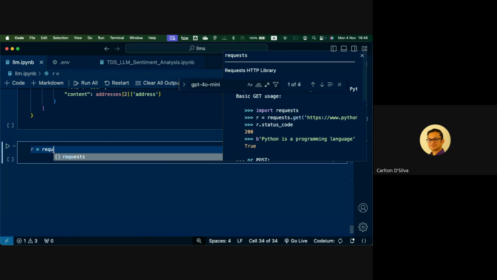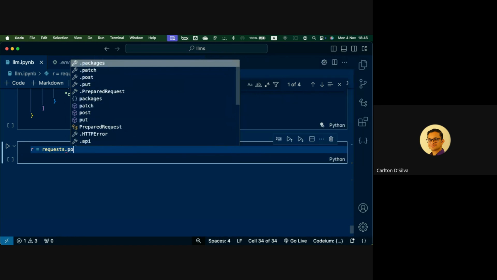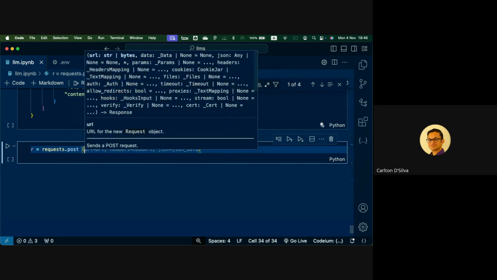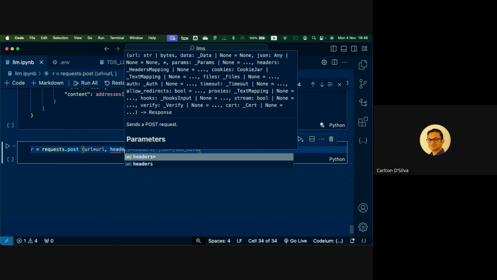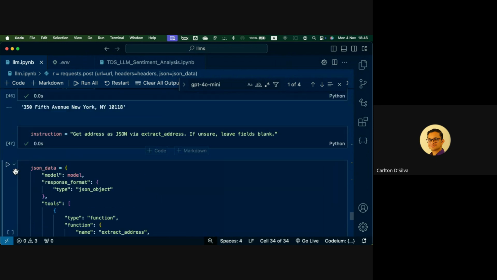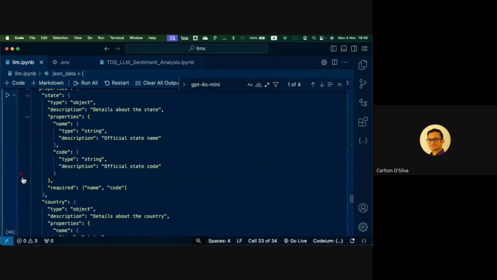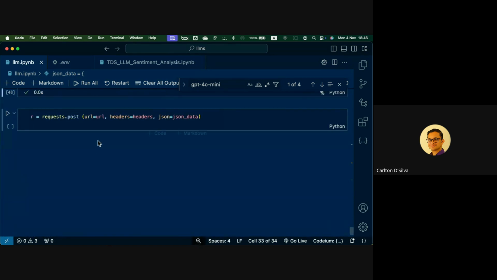And now we go to the moment of truth. Post. So this time it's a post request, like with our sentiment. I hope headers and URLs are all correct. I think we'll find out. Okay, so let's run this and see what happens.